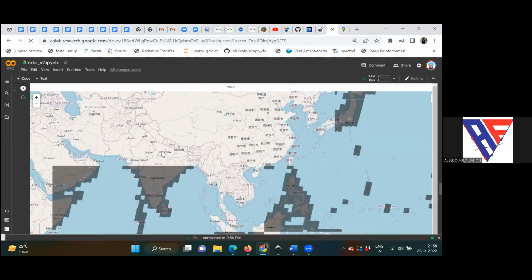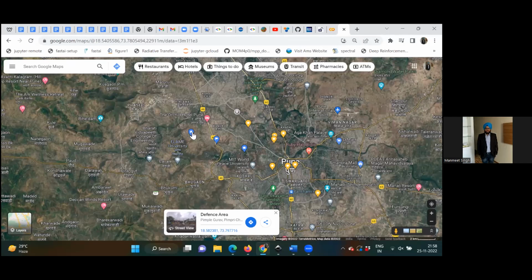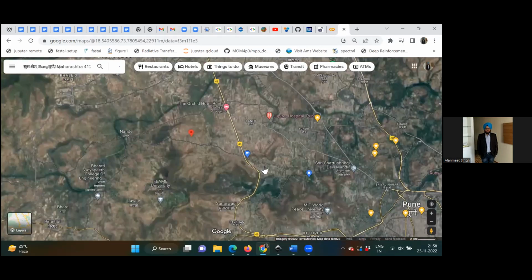Pune. Right now you are residing. Pune, Maharashtra, India. I was not able to hear you properly, so which region did you say? Yeah, Pune, Maharashtra. Okay, fine. Okay, so let's say this is Pune,